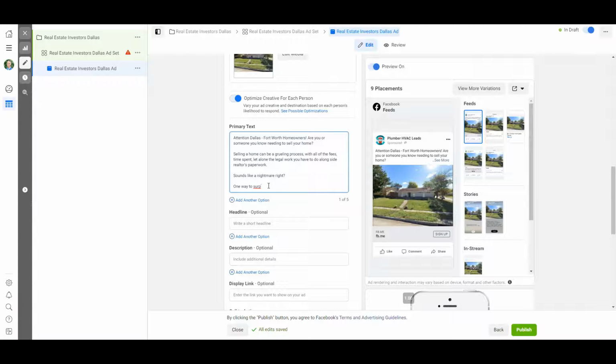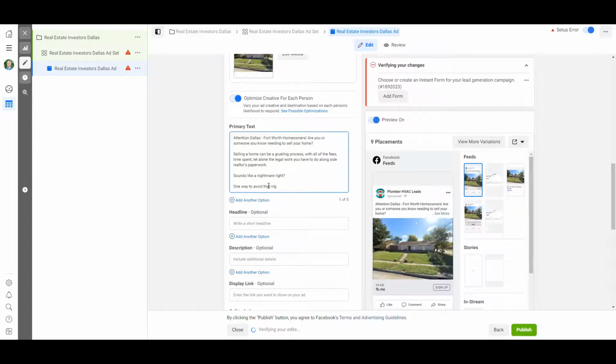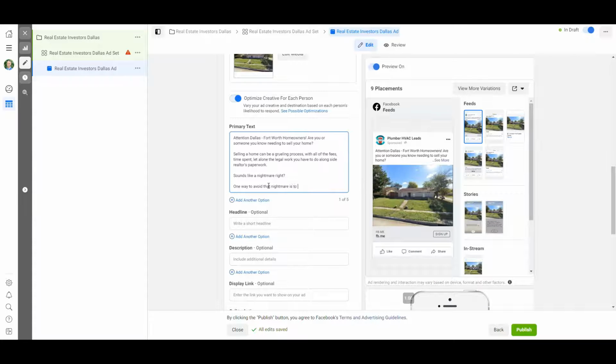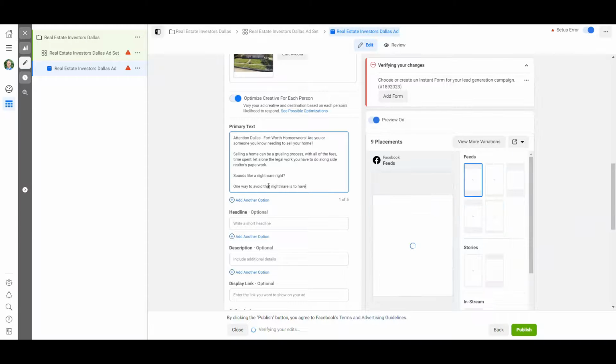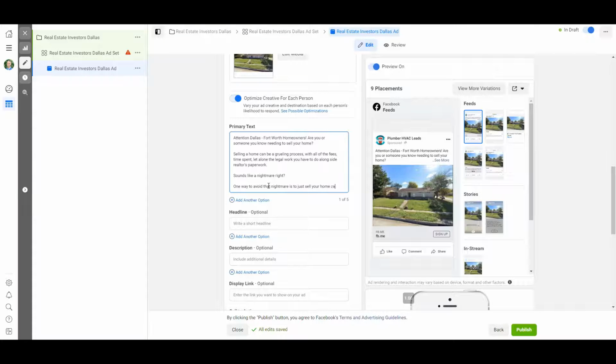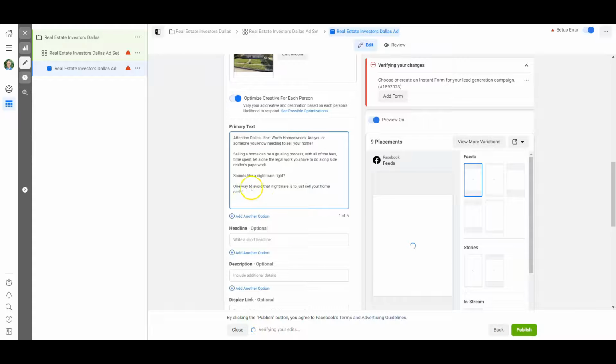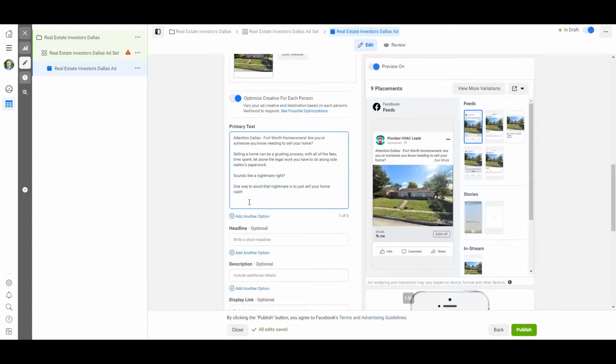So it's one way to, I don't know about circumvent, but one way to avoid that nightmare is to just sell your home cash. Alright, it's like, oh yeah, I didn't think about that. I should sell my home cash, but how do I do that? And you can maybe make it sound a little nicer, like you can